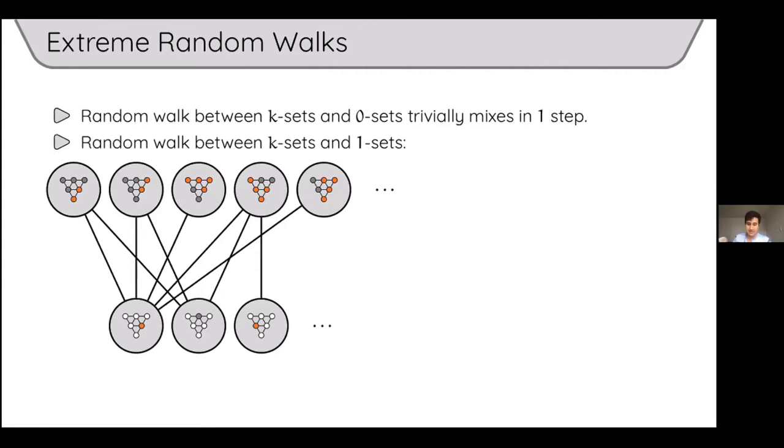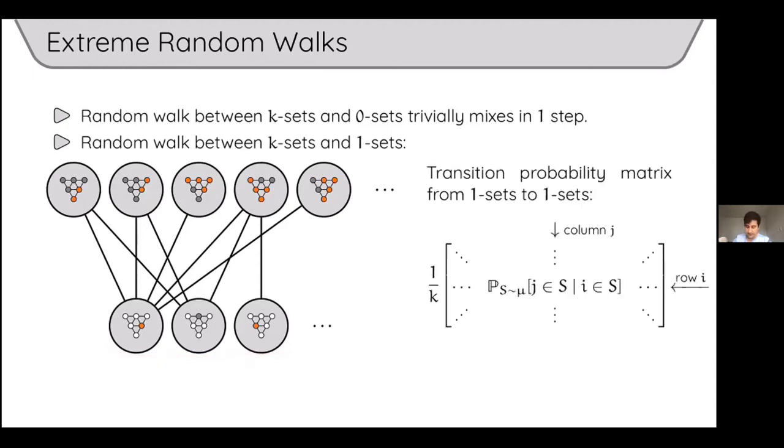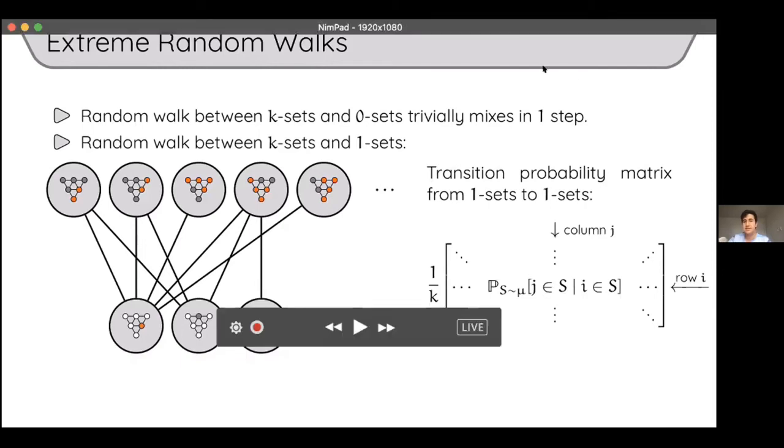So if you move between sets of size k and sets of size 1, then this gives you a random walk that's useful to know analytically, although it's still not algorithmically implementable by itself. So here is how this random walk works. You drop everything except one vertex, and then you move back up, right? So it's basically like a random walk between your distribution and just the ground set of n elements.